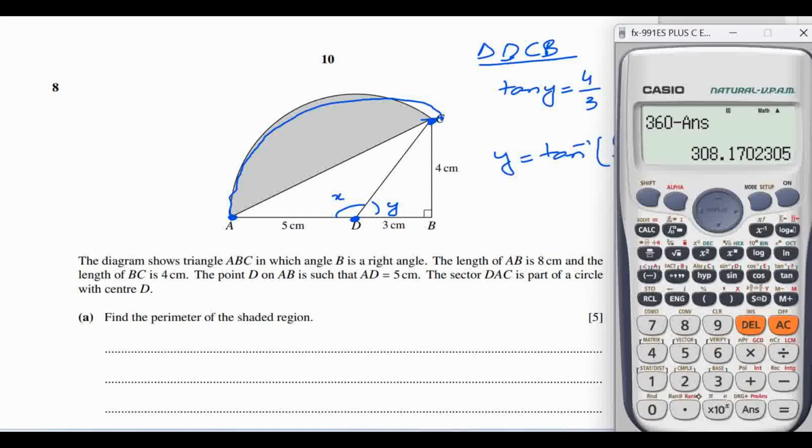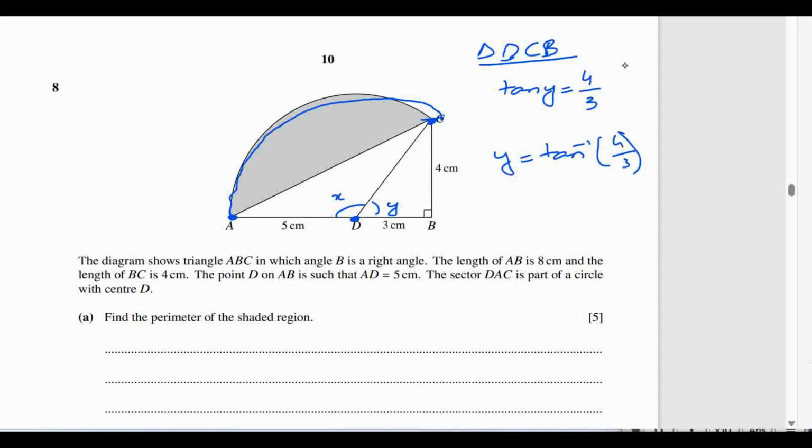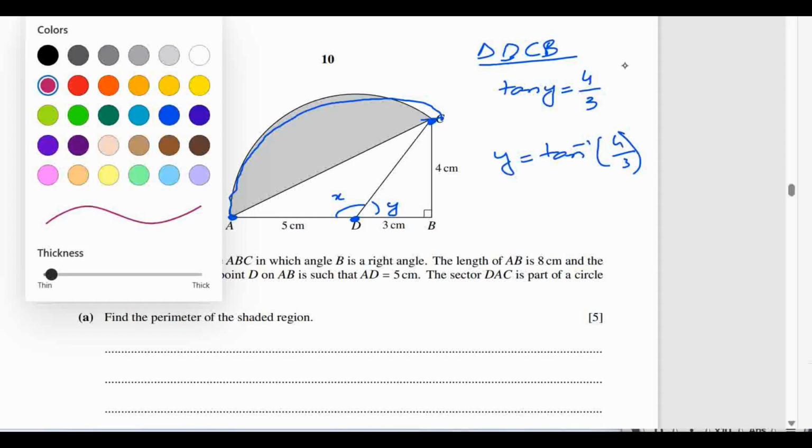Now let's find it out. Shift tan inverse of